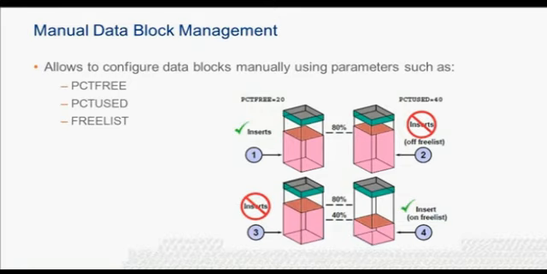Third, if rows are deleted in the block or if rows decrease in size as a result of updates, block utilization may fall below 80%. However, a block is not used for inserts until the utilization falls below PCTUSED. When the utilization falls below PCTUSED, the block is available for inserts. As rows are inserted into the block, the utilization of the block increases and the cycle repeats, starting with step 1.